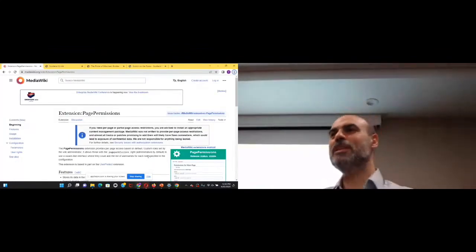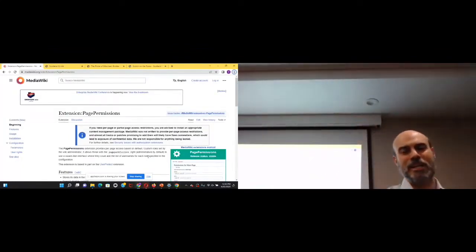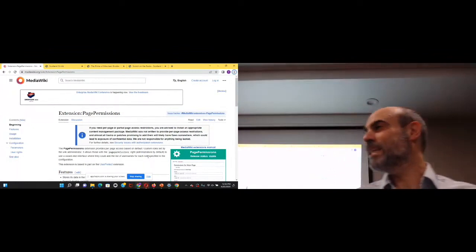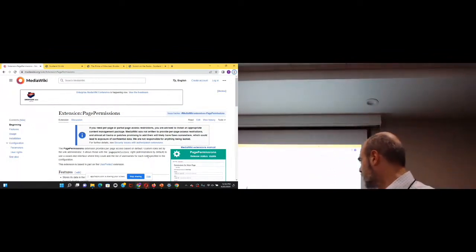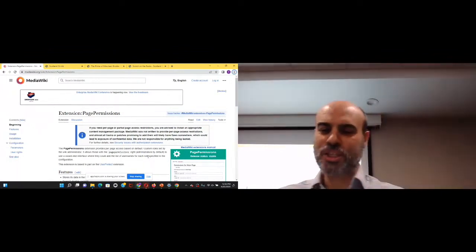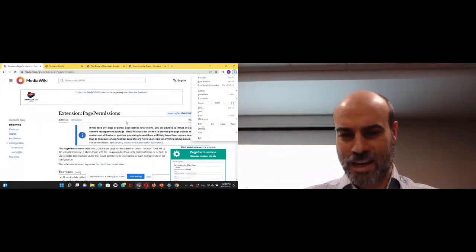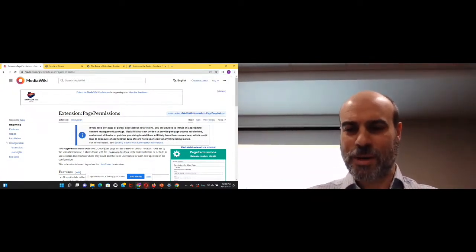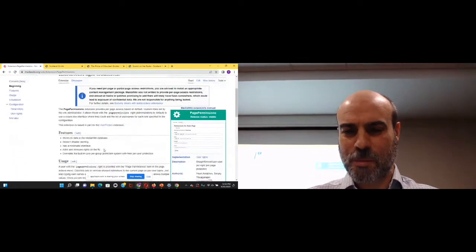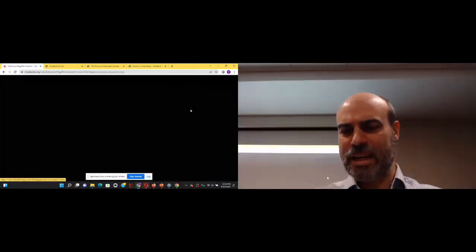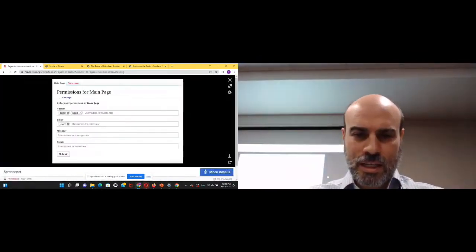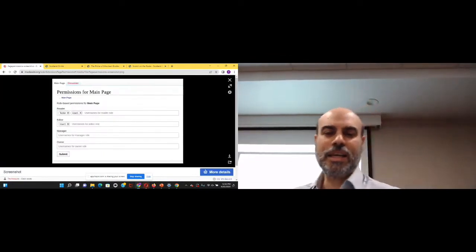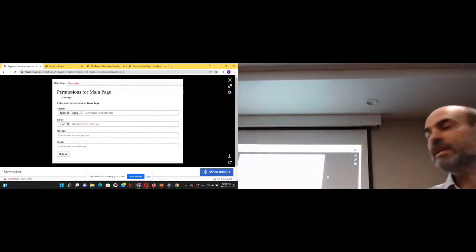So I just want to talk about two quite new extensions. One actually hasn't even been released yet. First is Page Permissions, which no one is using yet, and it's not handled by Translate Wiki yet, but hopefully that's coming soon. But it's a neat extension that we created that lets you set role-based permissions for each wiki